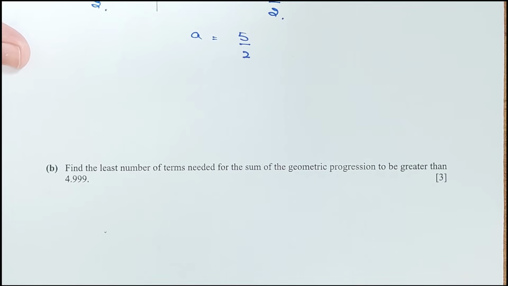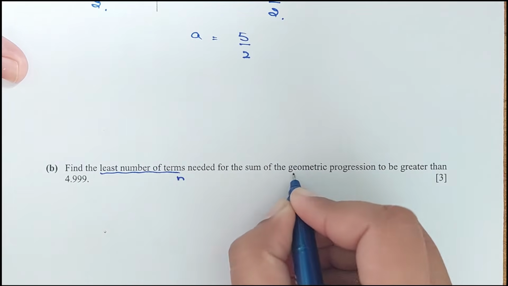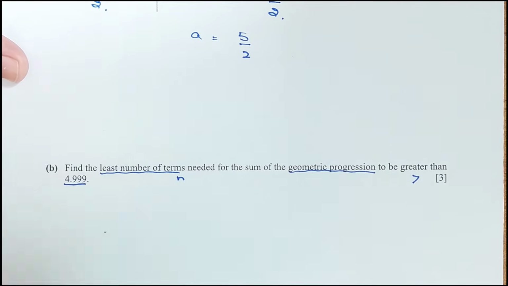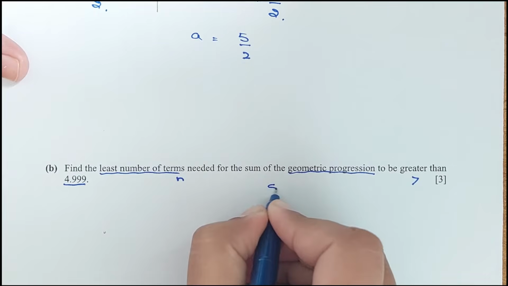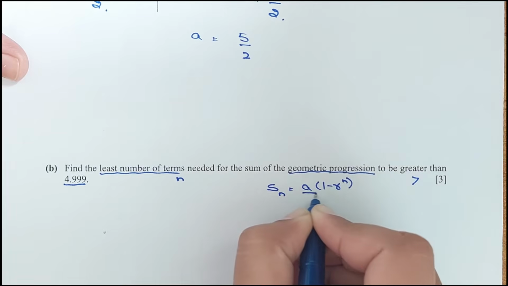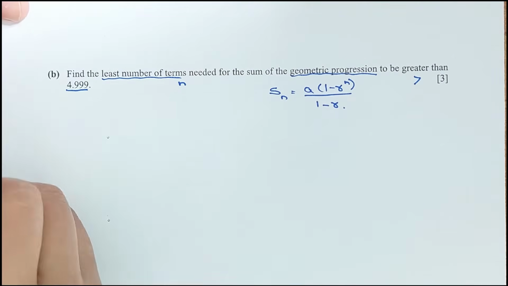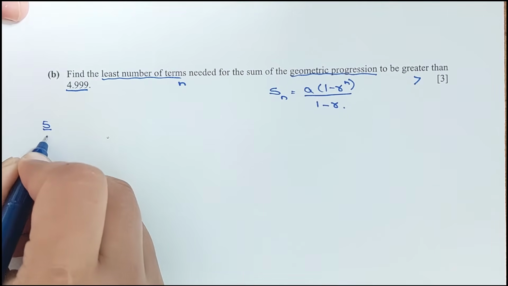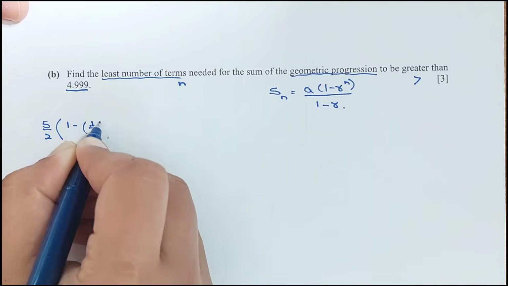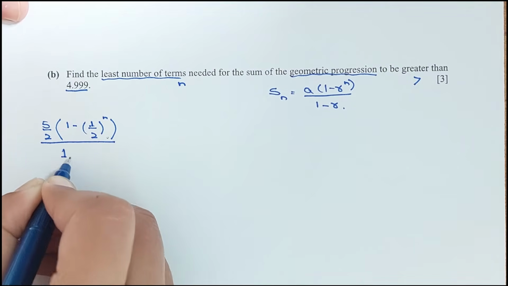Now for part B, find the least number of terms. We have to find the n value needed for the sum of the geometric progression to be greater than 4.999. Okay, sum of geometric progression, its formula is Sn equals a into 1 minus r power n over 1 minus r, right? Now we have a and r, just substitute into the formula. A is 5 by 2 into 1 minus r, where r is 1 by 2, its power is n, whole divided by 1 minus 1 by 2,